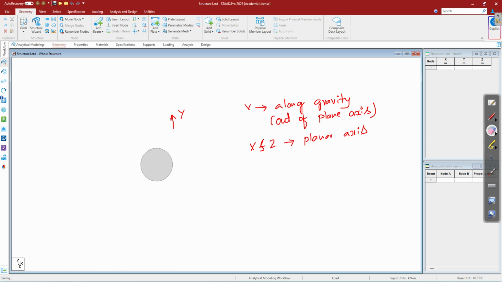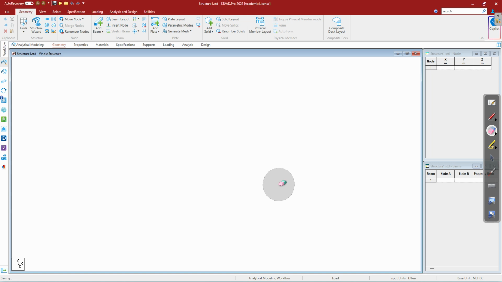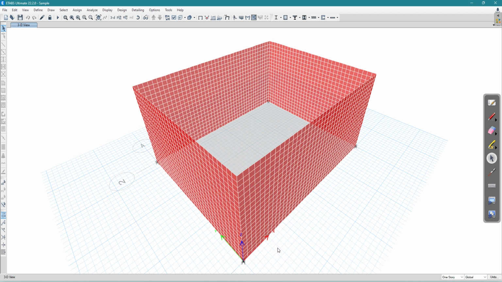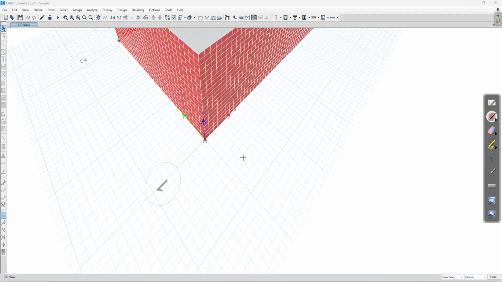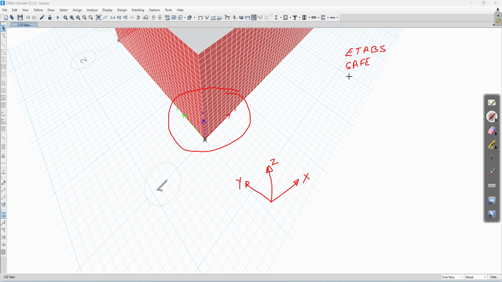Whereas in case of ETABS, we have different global axis. So if you open ETABS, see here. So this is X, Z is up, okay, and this is Y. So in ETABS and SAFE and in SAP 2000,